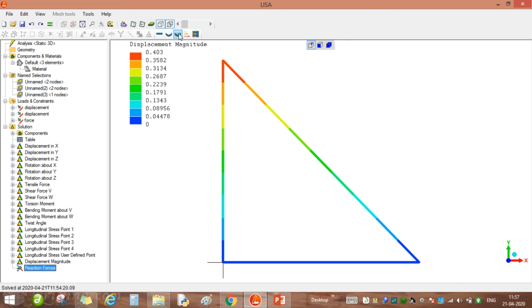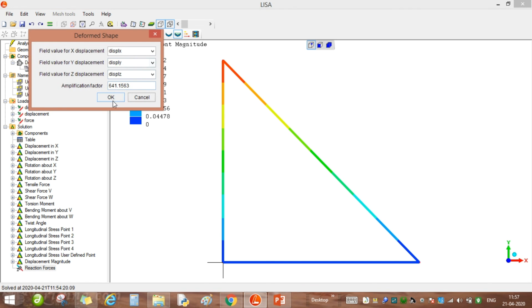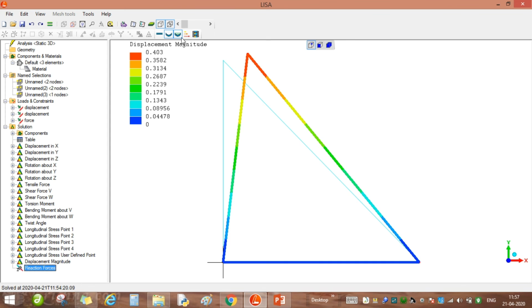So now we can see the deformed shape as such. This is the deformed shape of this member, and this is the overlapping. We can switch on and off overlapping from here. If you remember, this displacement given here is this distance.